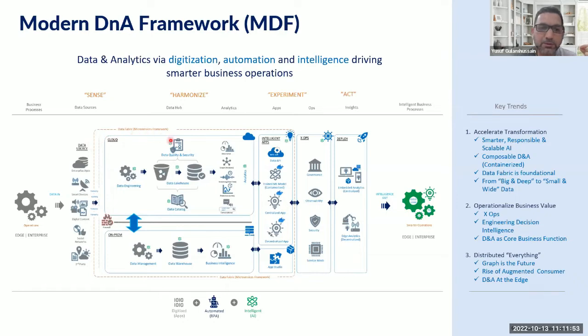Step number two is, once you have access to information, are you able to harmonize information, organize it, collate it, so then you could use it for downstream analytics? And a whole bunch of different technology comes into play in harmonizing data. And one such technology that you will hear about a little bit later again in the webinar is Yellowbrick, which is truly built for a modern data workload.